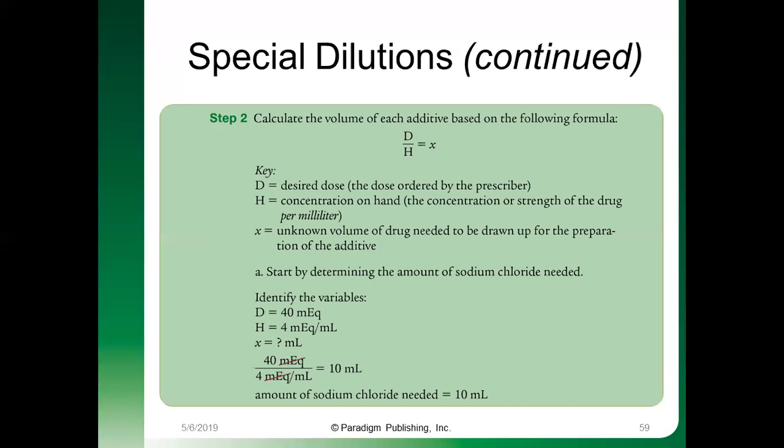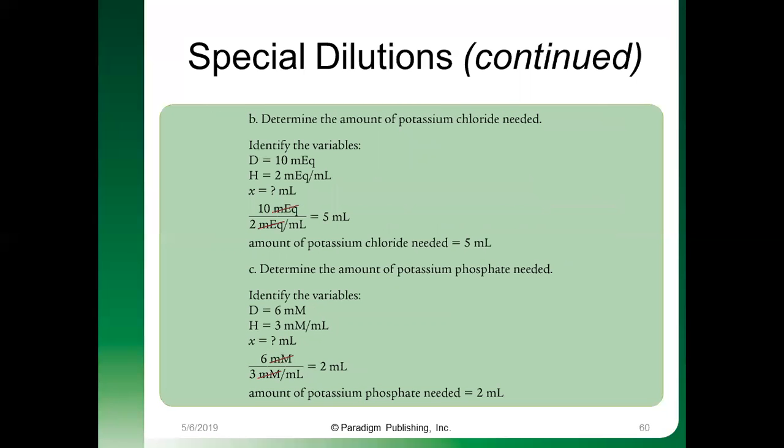So our identified variable is that we have 40 mEq. Our concentration is 40 mEq divided by 4 mL. What is our total volume? So 40 mEq divided by 4 is equal to 10 mL. So we have 10 mL of sodium chloride. Now,